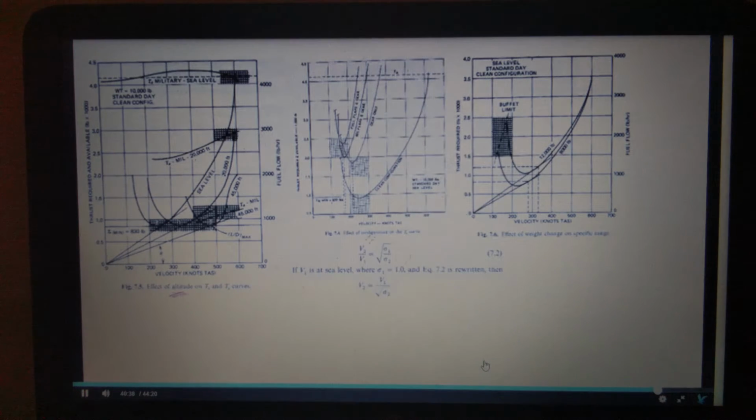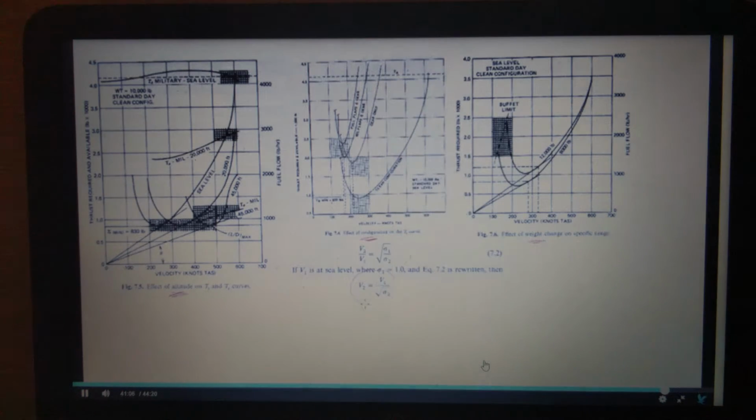So changes in altitude, changes in configuration, and changes in weight, which are the 3 main ones, and then there's also change in wind, which might influence it. But those 3 are the main underlying things here. The big things to notice in those are common relationships. For example, if we are talking effects of altitude on thrust available and thrust required curve, we will notice that